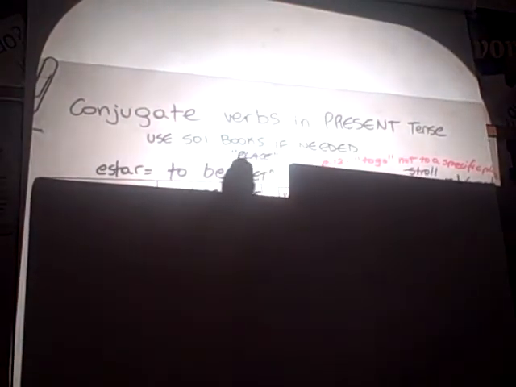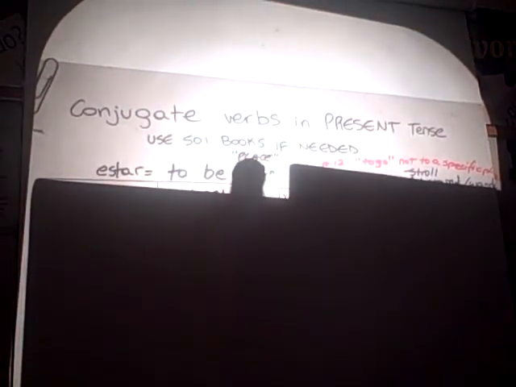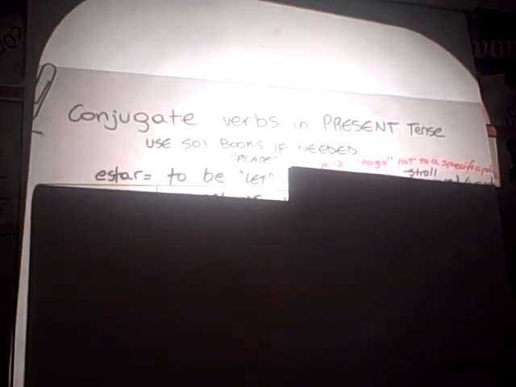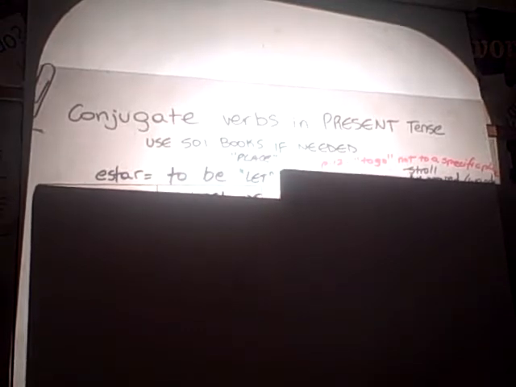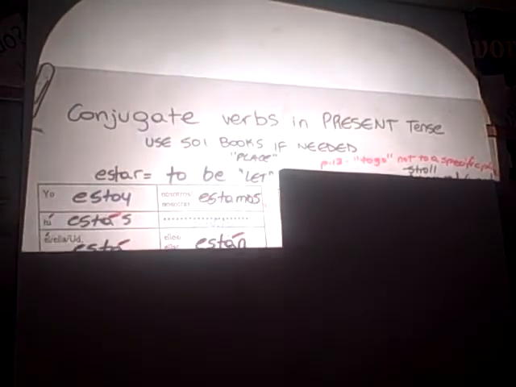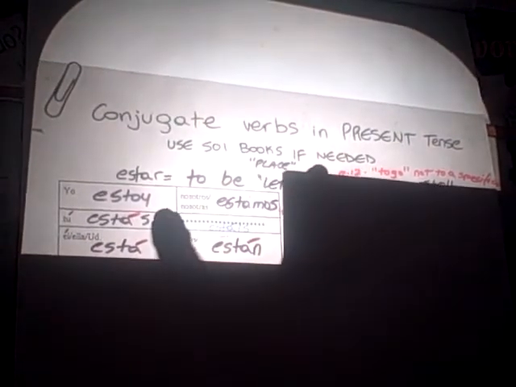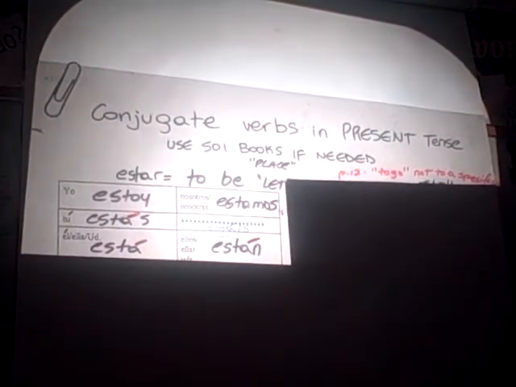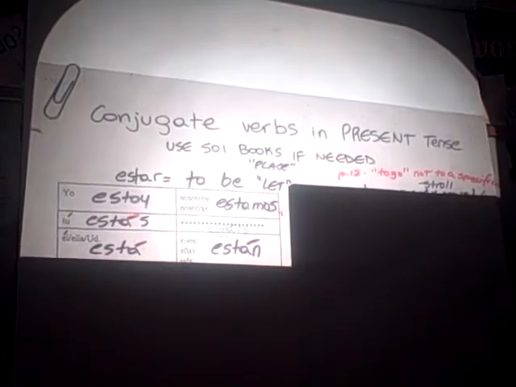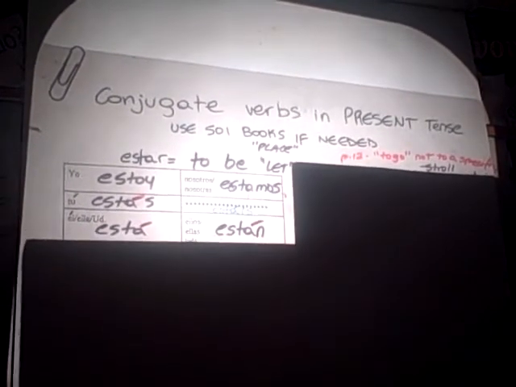Spanish 1 review. Remember it's the LET to be: location, emotion, temporary, or the place, position, location, action, condition, emotion. Reasons for using estar versus the ser that we just did on the previous notes. But what are the conjugations? Good. Do not forget your accents, very clear accents. Okay? What about tener? What happens with it?